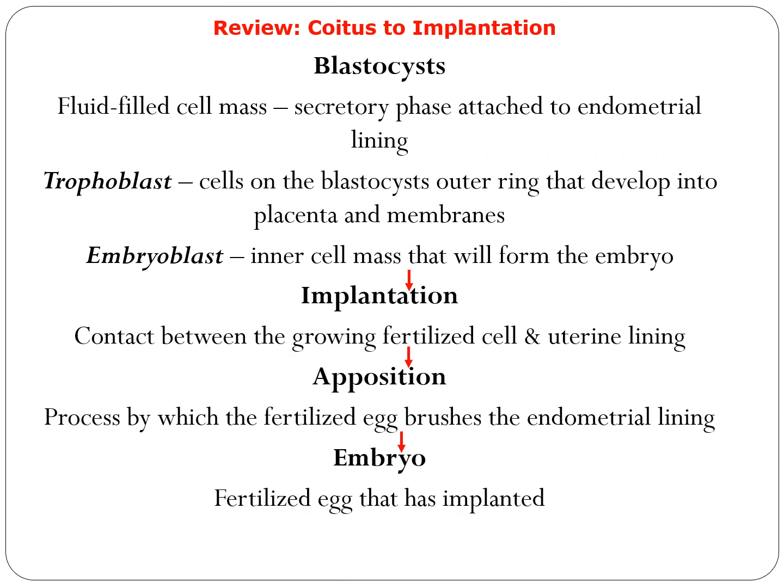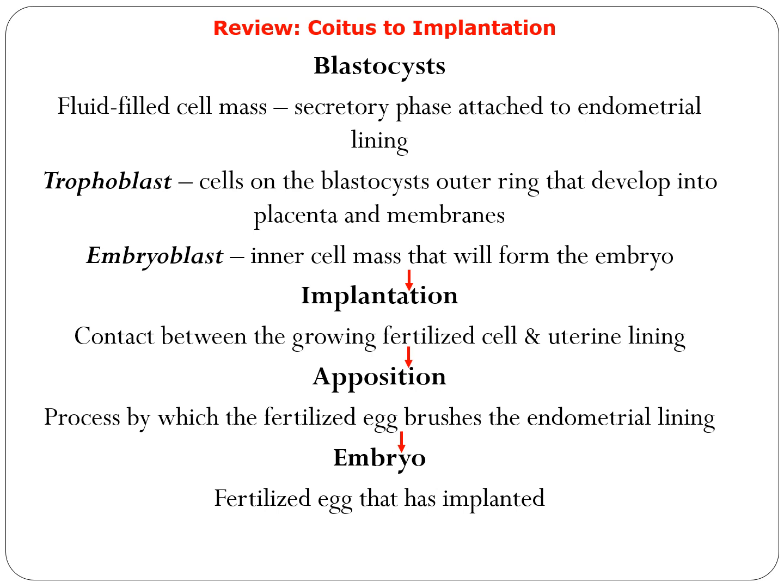After the blastocyst, there are two important factors. The trophoblast is the outer ring of the blastocyst that eventually develops into your placenta and membranes. Don't forget, the trophoblast emerges and develops into the placenta and the membranes. And the embryoblast, the inner cell mass, will develop into the embryo. From that point of the blastocyst, which the trophoblast and the embryoblast created, we have the implantation.